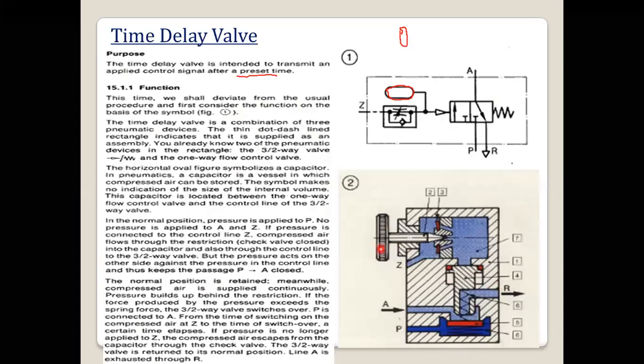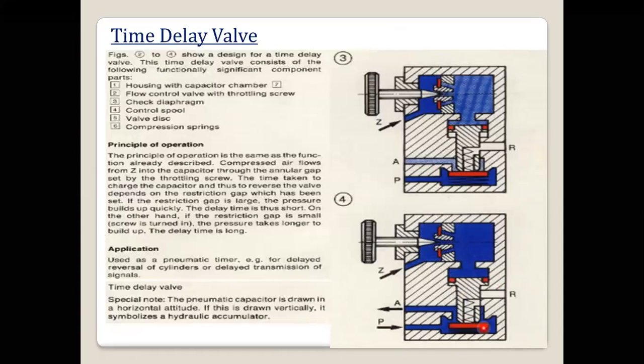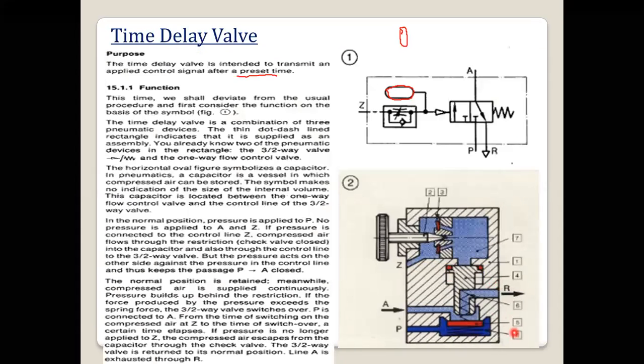Here the third is the flow control valve. Then the fourth is the control spool. Then the fifth one is the valve disc, and this is the valve disc. And the sixth one is the compression spring.